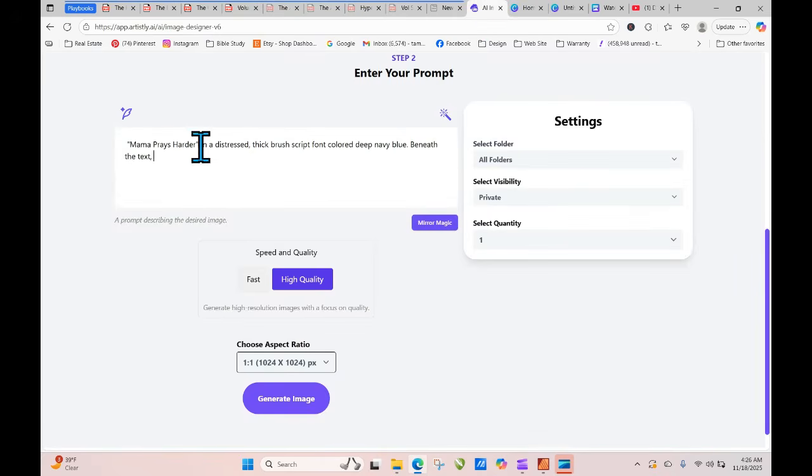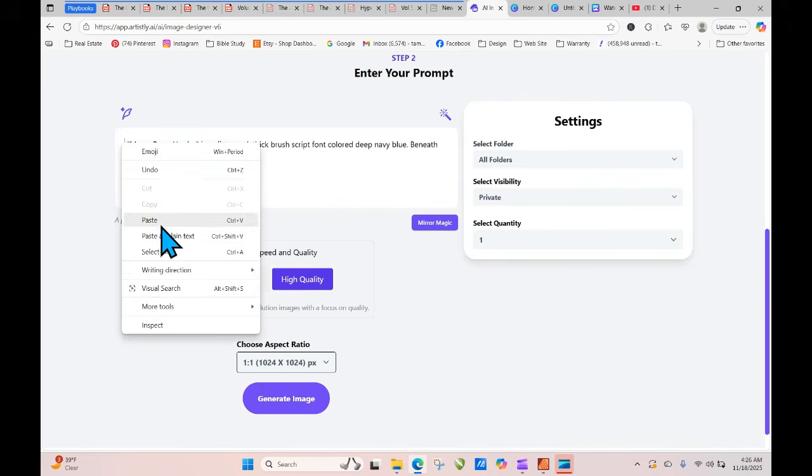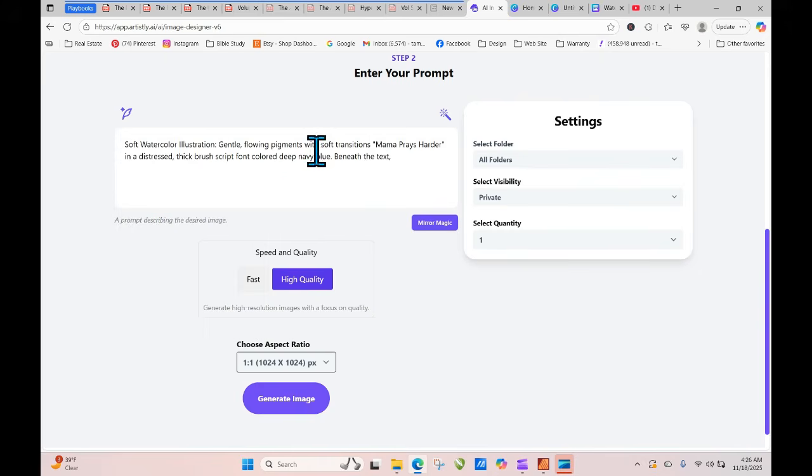Back in here, we're going to put this at the beginning. Soft watercolor illustration. And then a floral cluster